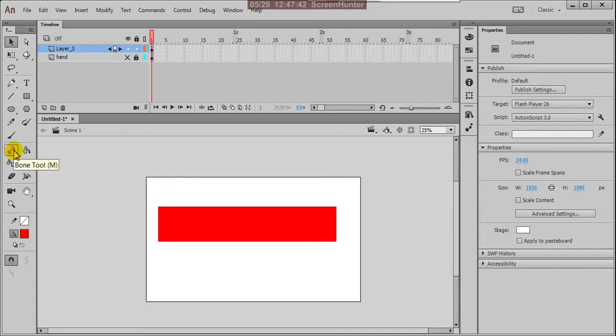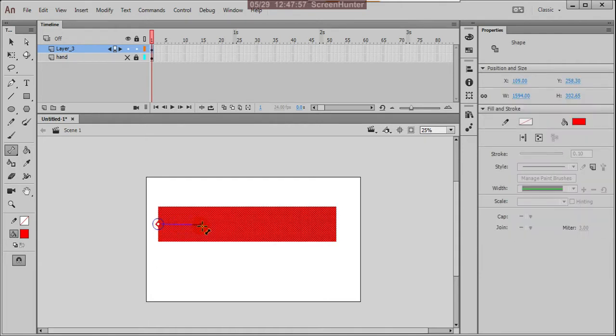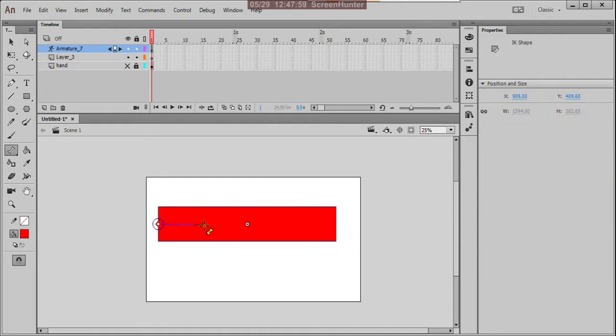Suppose I'm using this bone tool. When you click on the bone tool, in the timeline, if you observe, another layer is being created. Suppose here the bone I'm adding, here it is 1, up to here it is 1.